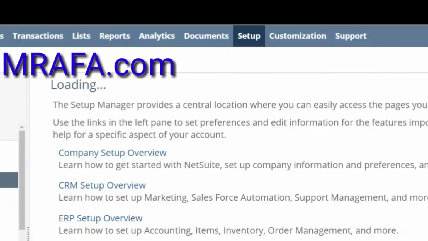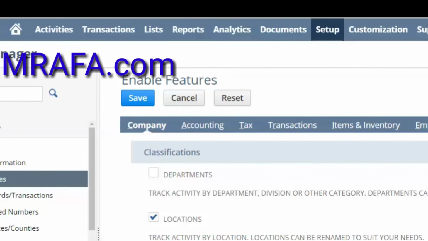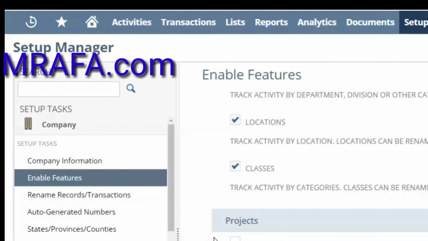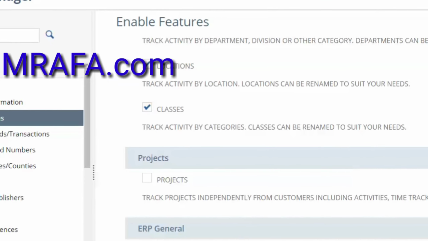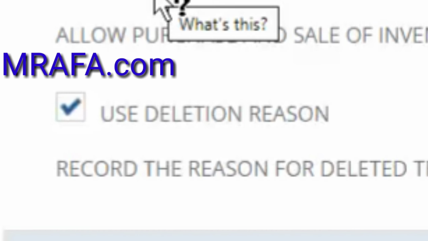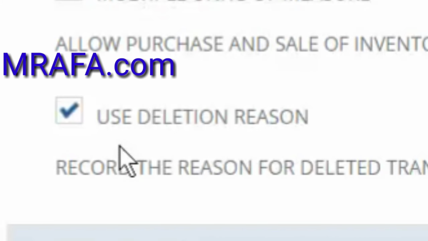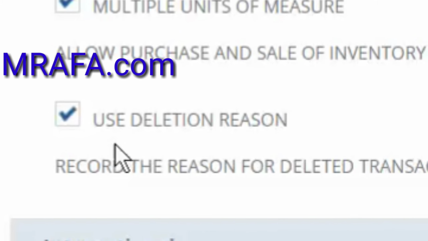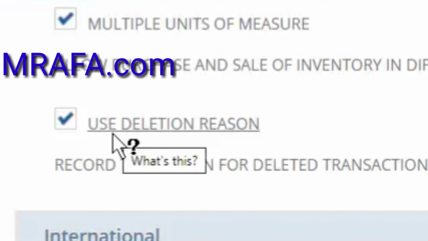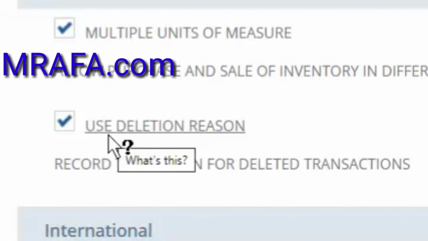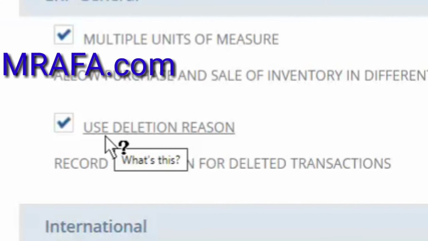So let's continue our training for NetSuite Set-up Manager under Enable Features. We scroll down to get to our ERP General. And one of the features we can enable is the use of deletion reason. This feature will enable us to track the reasons why a transaction was deleted or who deleted a transaction in